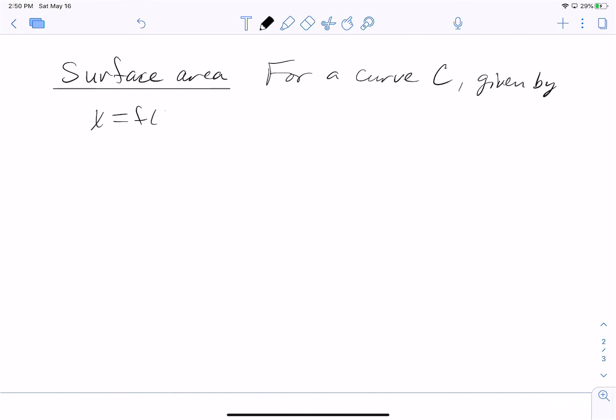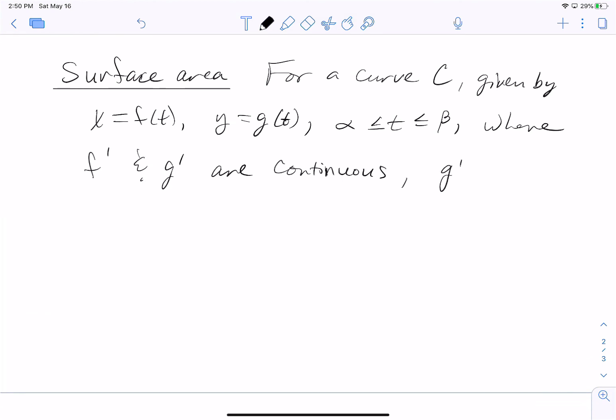Surface area. For a curve C given by x is equal to f of t, y is equal to g of t, t between alpha and beta, where f prime and g prime are continuous, and now g prime of t is not negative,